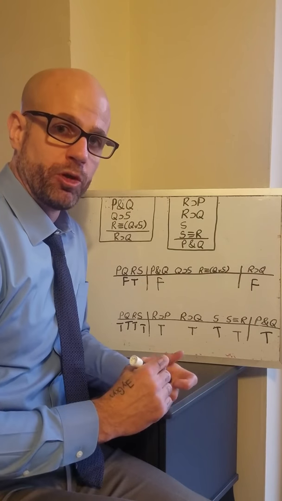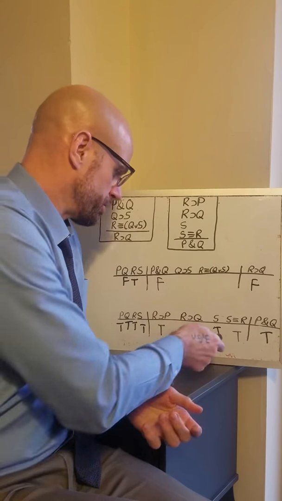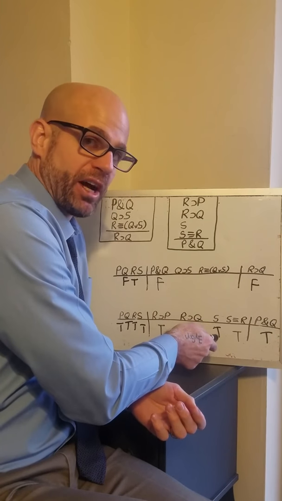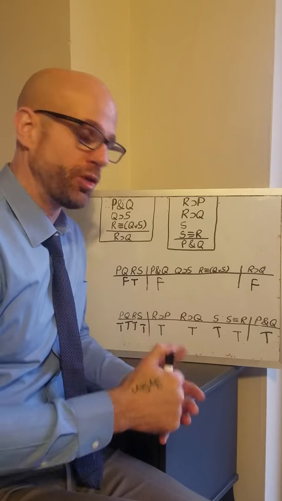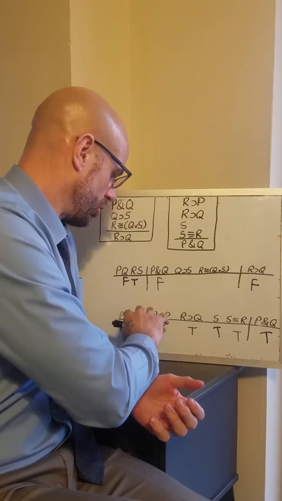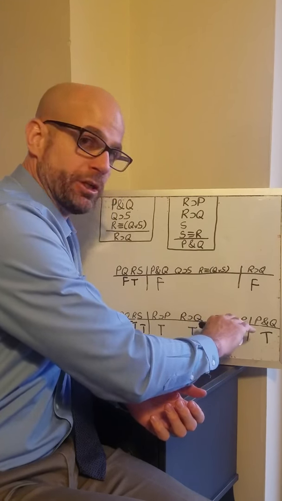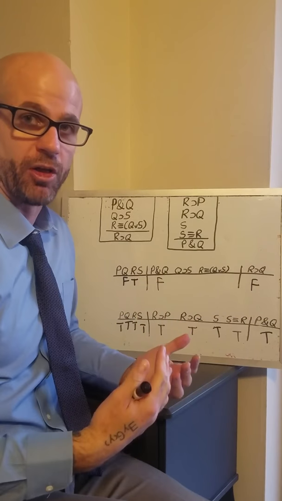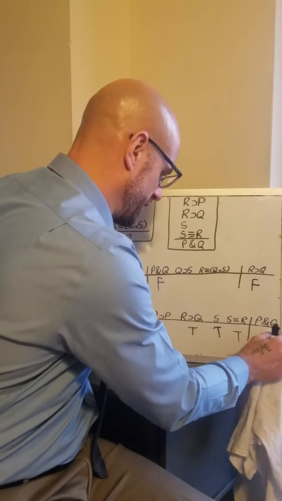We're able to put all that together just by making S true, just by the fact that S must be true. And again, we've shown that this is a valid argument. There's no way that these can be true and this can be false. It's a valid argument. Now, sometimes you're going to run into a situation where it takes a little more trial